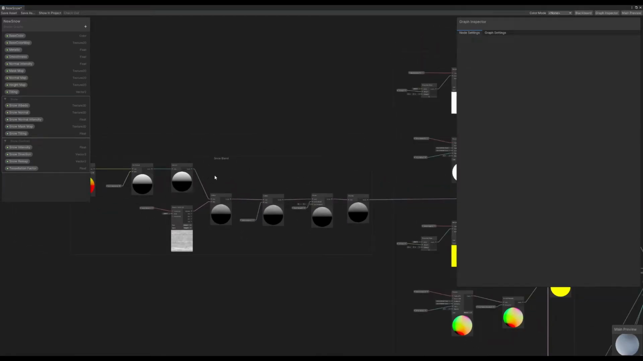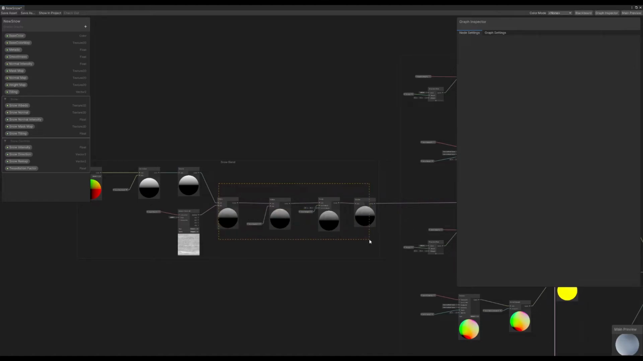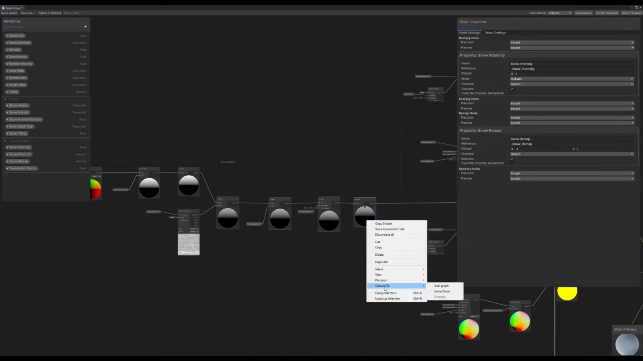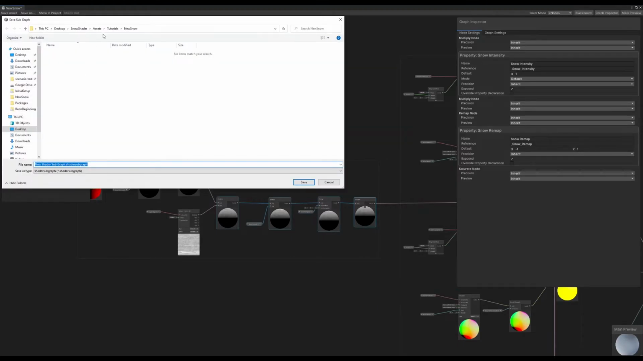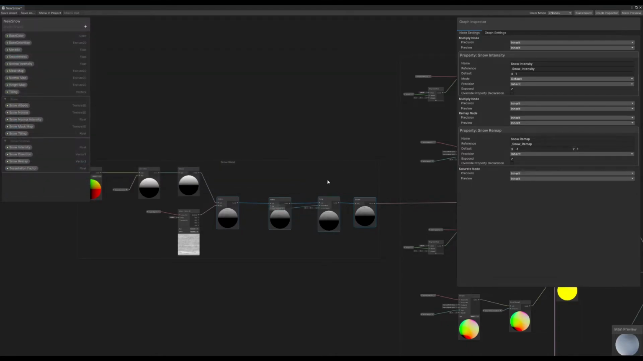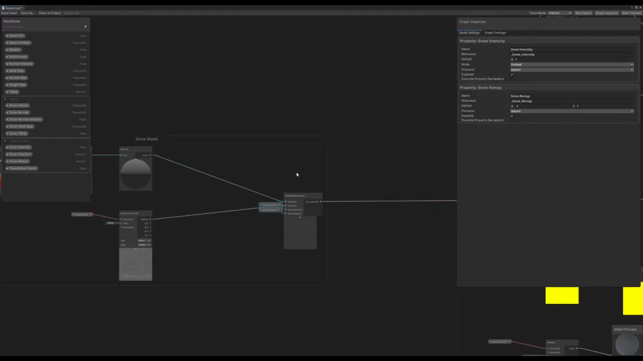What we can do first is this section right here, we can make a subgraph, so we don't need to copy and paste everything back, because it's pretty repetitive. So snow blend subgraph. Let's wait until Unity finishes executing. We have our subgraph,